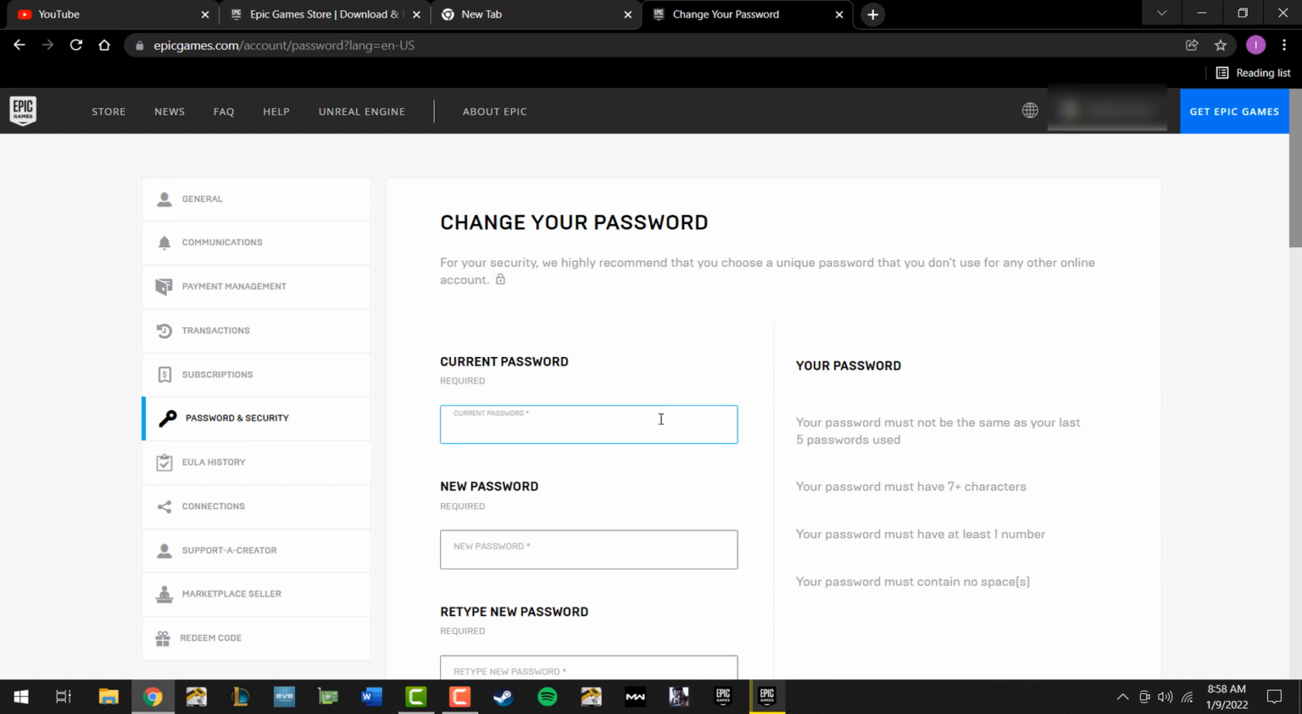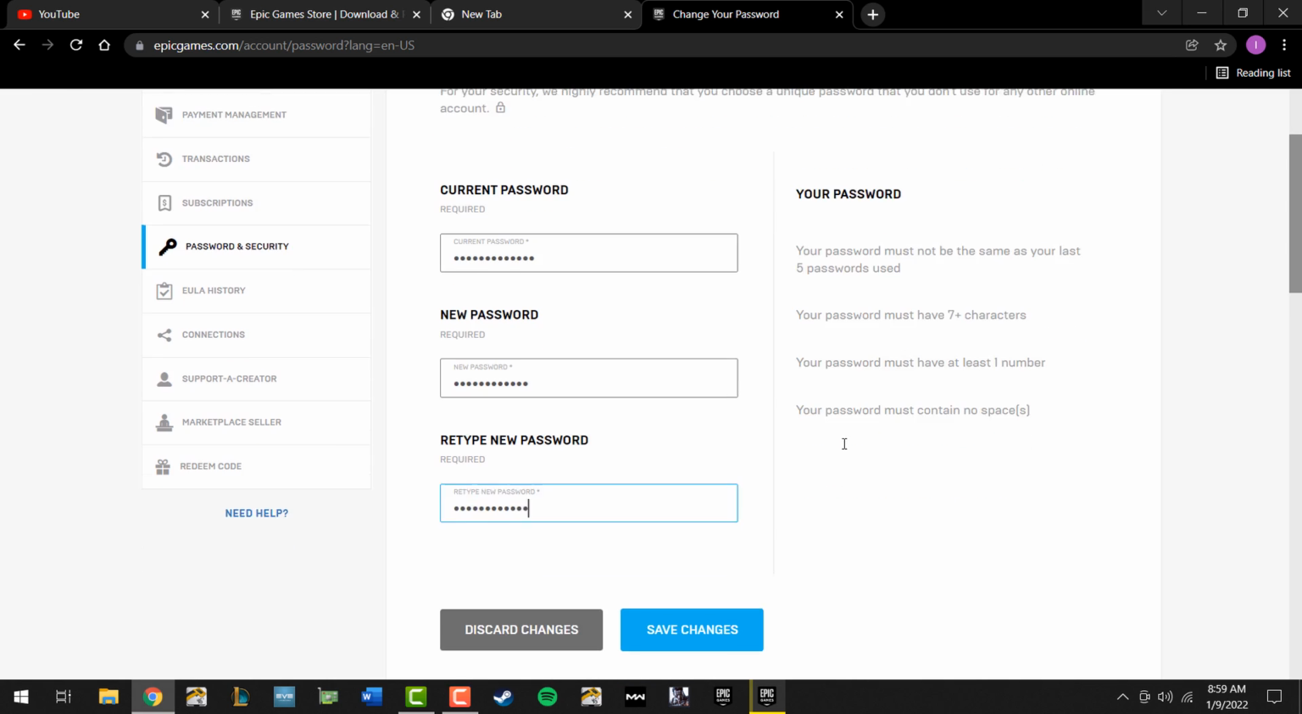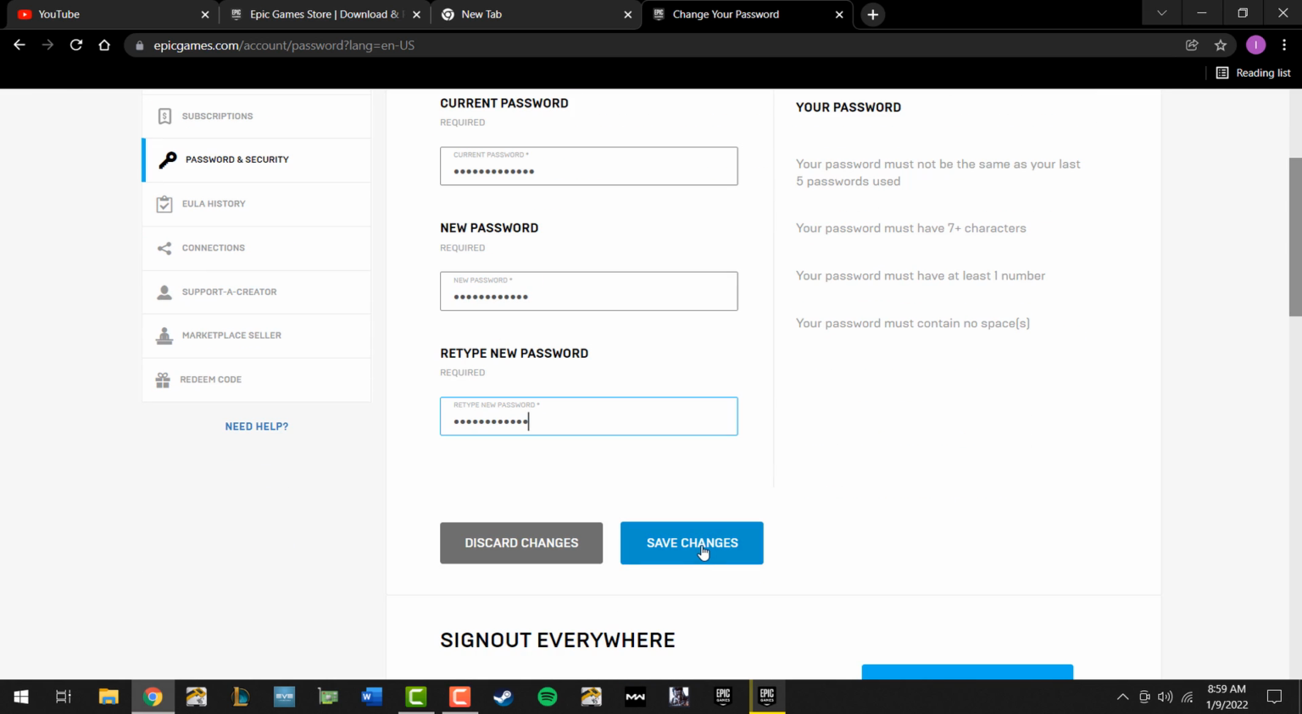It'll prompt you to enter whatever your current password is, so go ahead and do that. Enter your new password and make sure it meets the criteria on the right here. Once you're confident that all of your information here is correct, simply click on Save Changes, and you should see